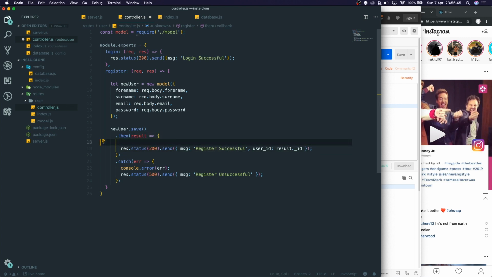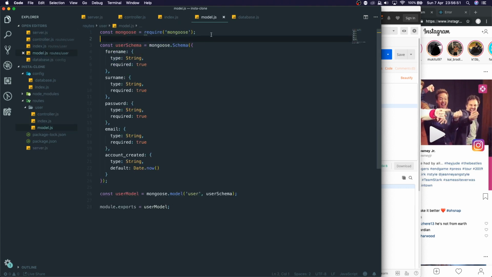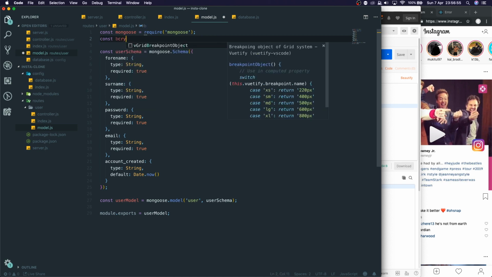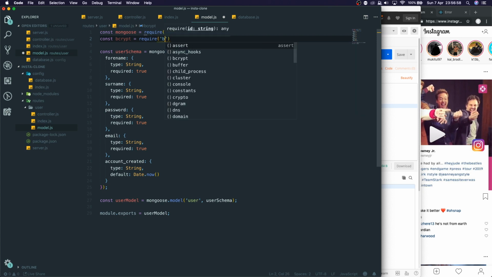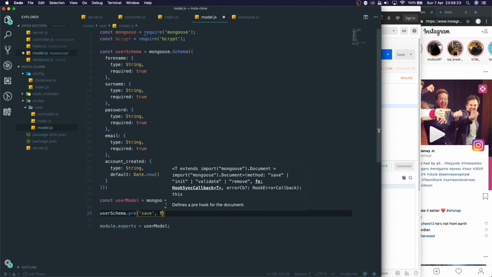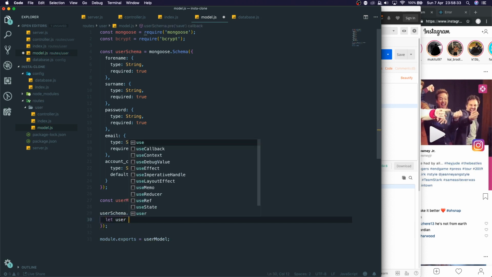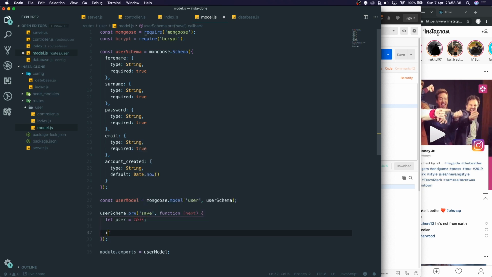And we actually need to, inside of our model, I forgot where, there it is, we actually need to get bcrypt. So now we need to say bcrypt is equal to require bcrypt. Oh, and now we can do a pre-statement. So userSchema.pre, and then we can say save. So before we save, we're going to say function, or I think we could do an arrow function. We use function because I believe an arrow function has caused me issues in the past, but I don't know if that's true. We're going to say let user equal this,